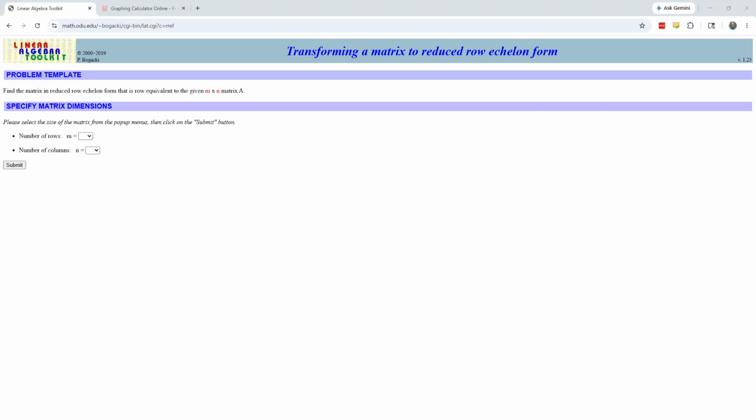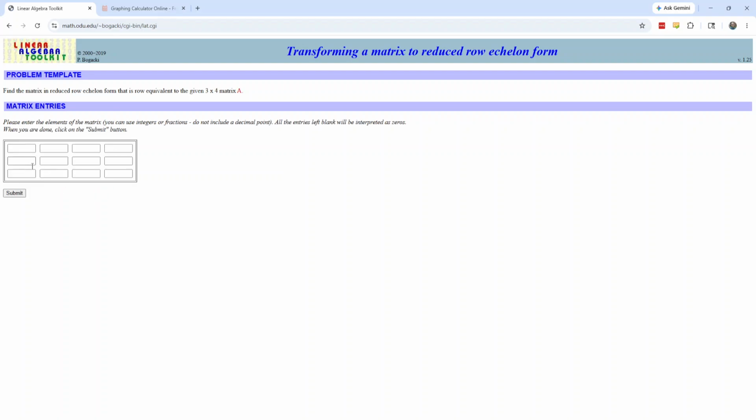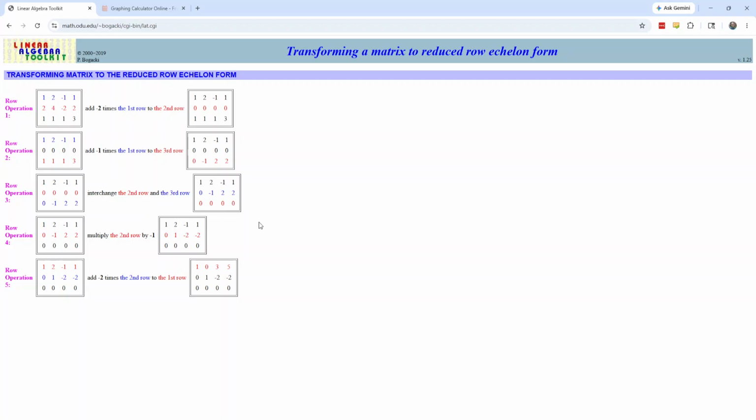That is going to be a 3 by 4 matrix. So we'll push submit, and then it's going to give us these blank spots. We can fill it in. So the matrix was 1, 2, -1, 1, 2, 4, -2, 2, 1, 1, 1, 3. And we push submit. And what's cool is not only does it give you that final reduced row echelon